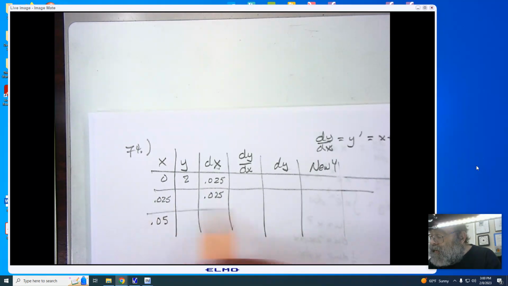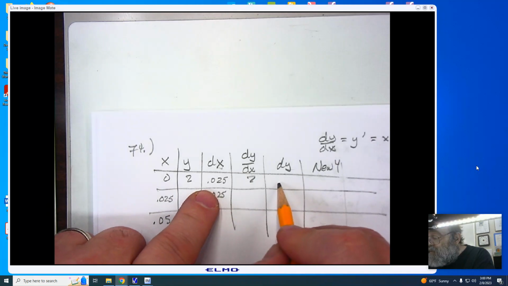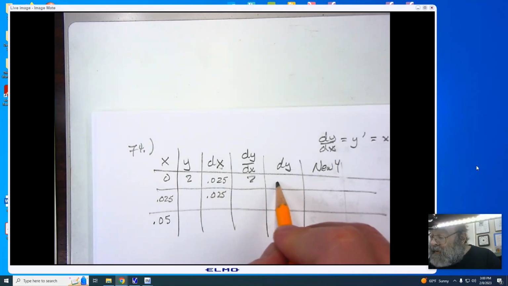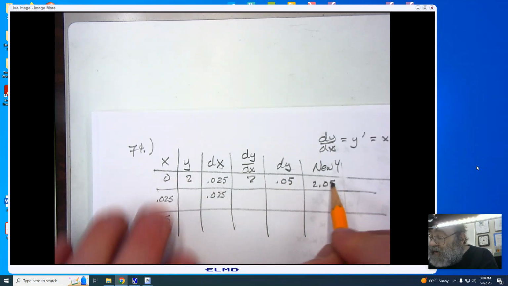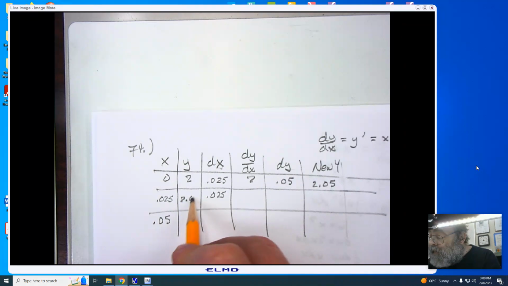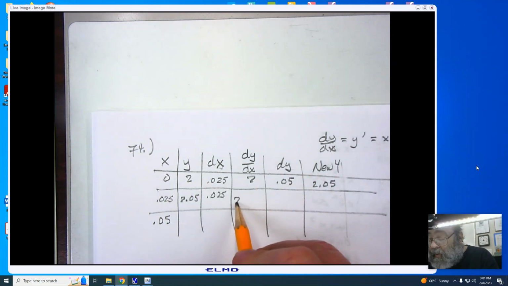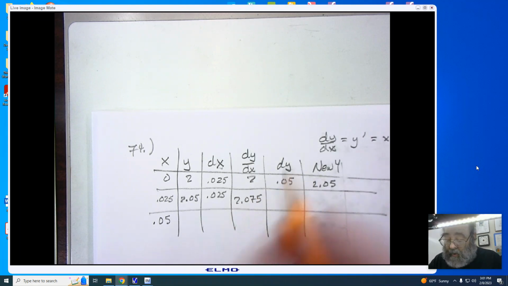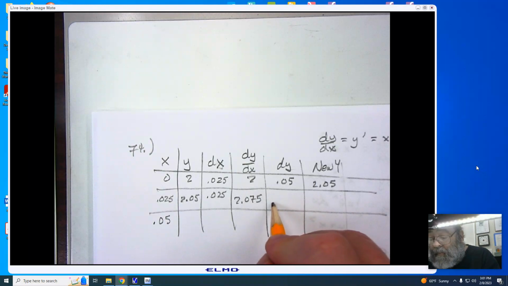We're now ready to begin. And here we go. X plus y is 2. Multiplied gives me 0.05. And that's going to give me 2.05, which goes into the next line. We're now adding the 2.05 added to the 0.025, and we're looking at 2.075, which is then multiplied by the 0.025, and I'm getting